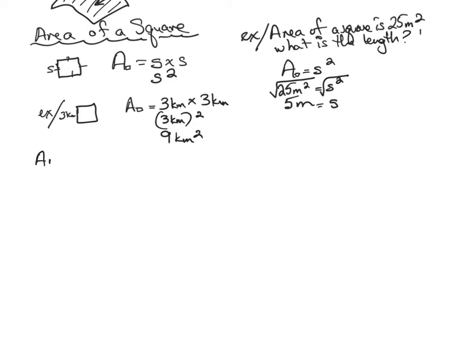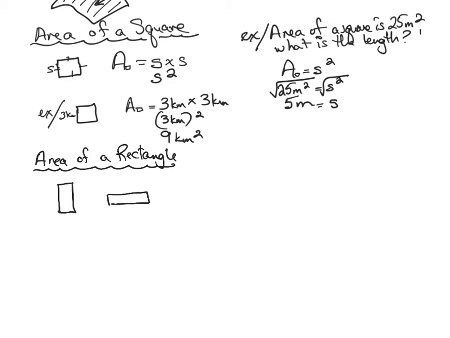Next we have area of a rectangle. Now, in elementary school, you might have used the language length times width. In high school, however, we're going to use a different terminology because it's going to apply to most of the other polygons. So instead of length times width, though it's possible you could still see this vocabulary in your book,